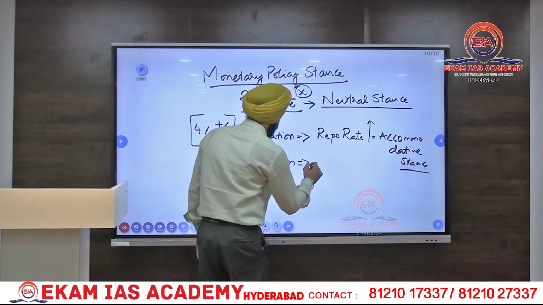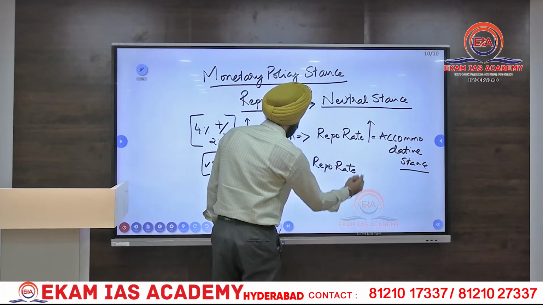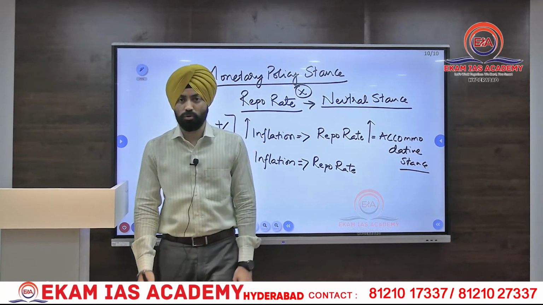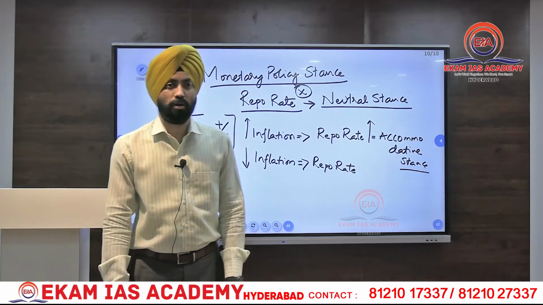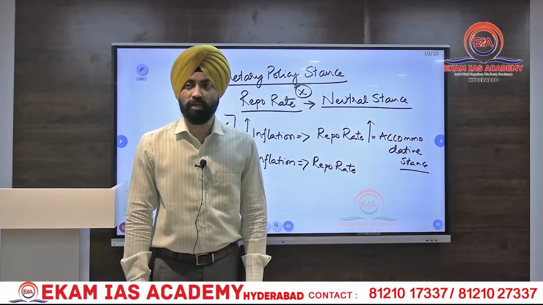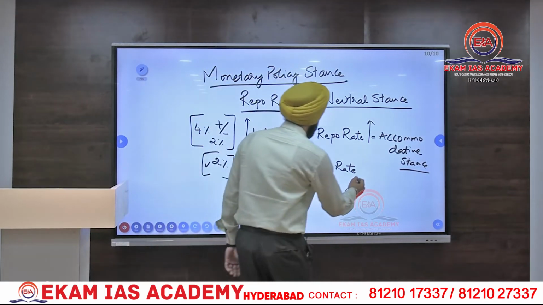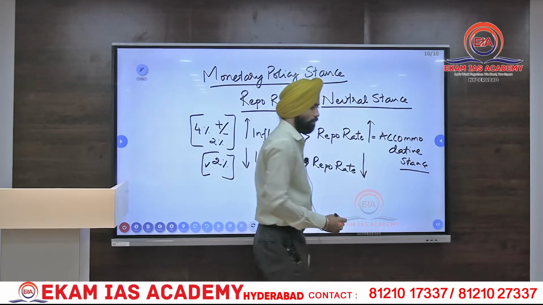What will RBI do to the repo rate to make it accommodative? Inflation is going down. What will happen if the repo rate is reduced? More money. If more money comes into the market,